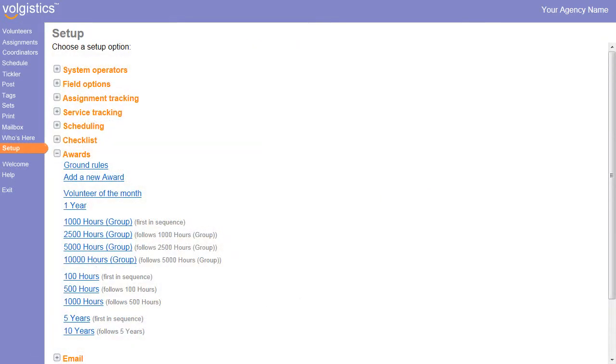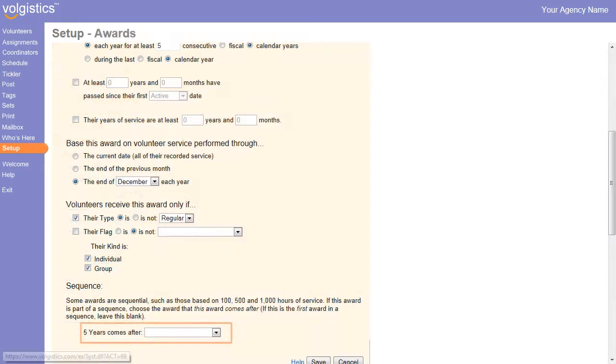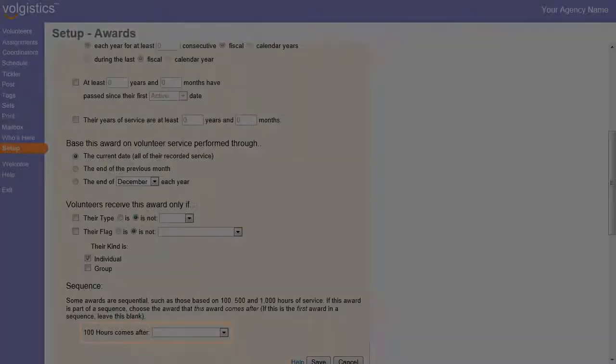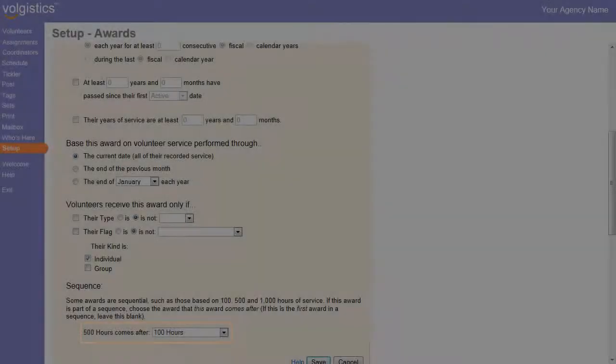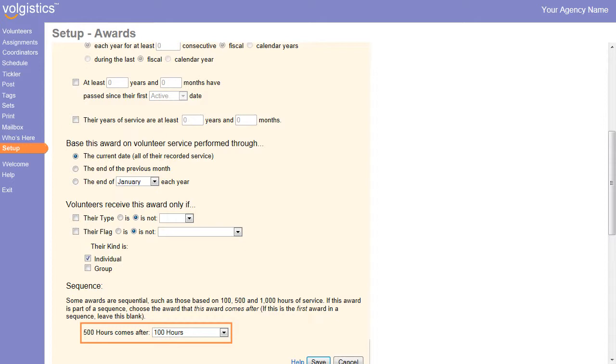If you have awards for 100, 500, and 1,000 hours, you may want those awards to always be presented in sequence. Use this drop-down list to choose which award comes just before this one. For example, a 100 would not come after any award since it's the first one. Then a 500-hour award would come after the 100-hour award, and a 1,000-hour award would come after the 500-hour award,